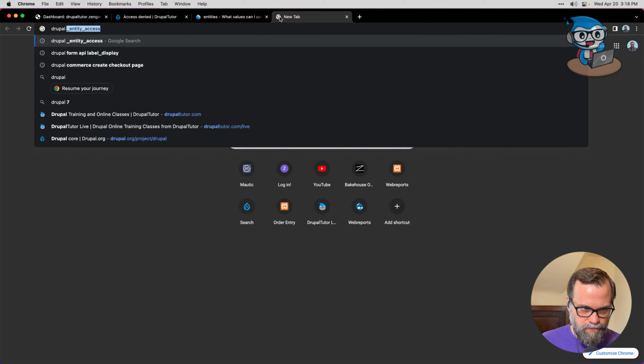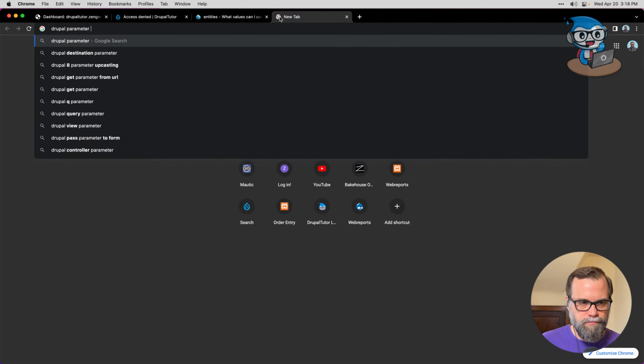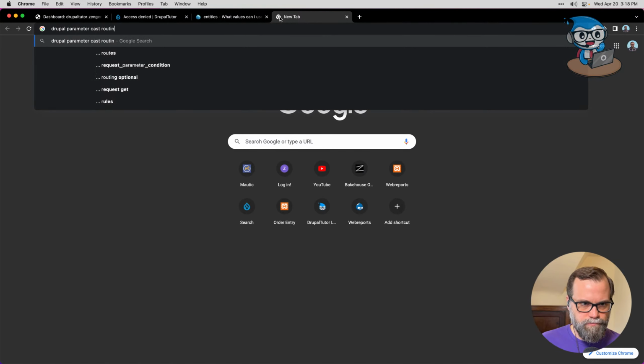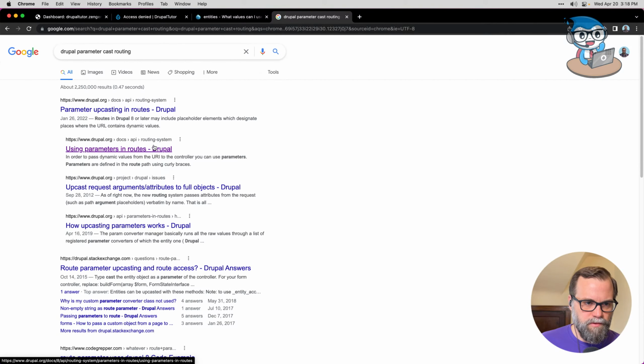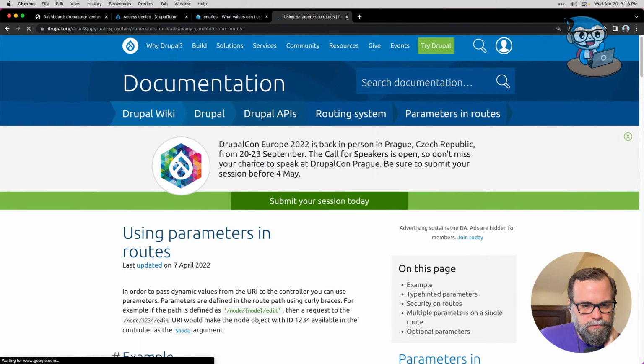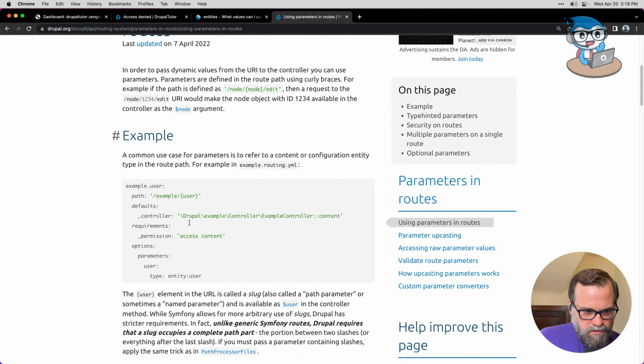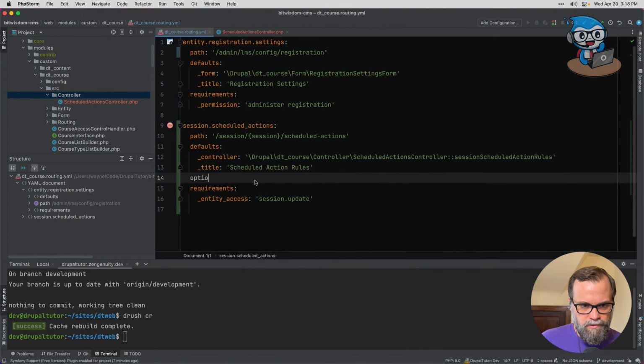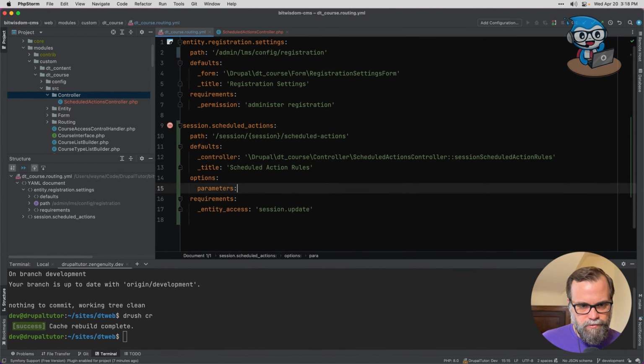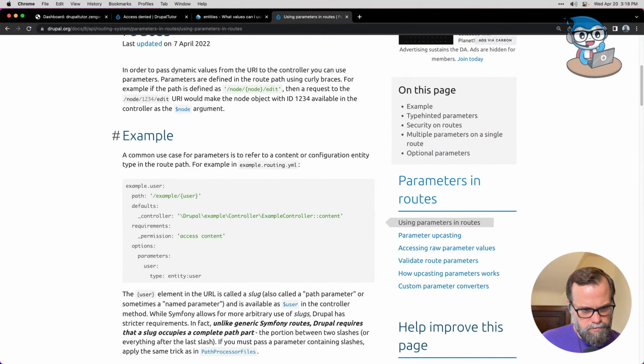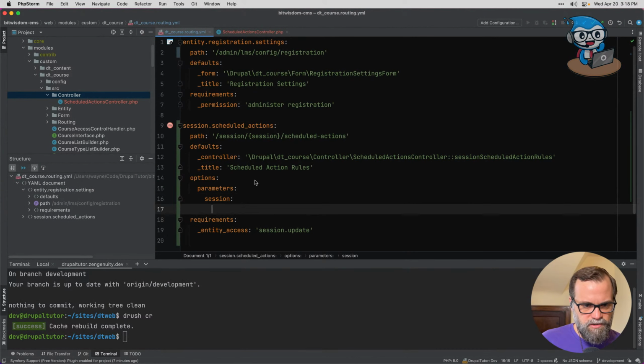Let's see. There's a way to tell it that this session slug is, yeah, this is what I'm looking for right here. Options, parameters. Let's see if adding that makes it work. So if we do options, parameters, session, type, entity,